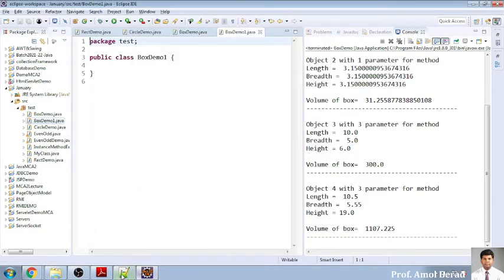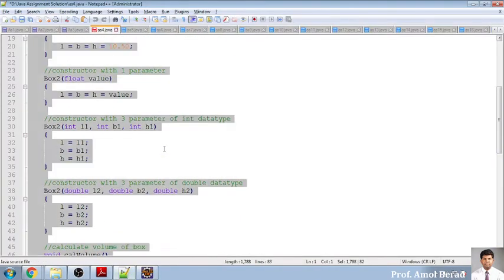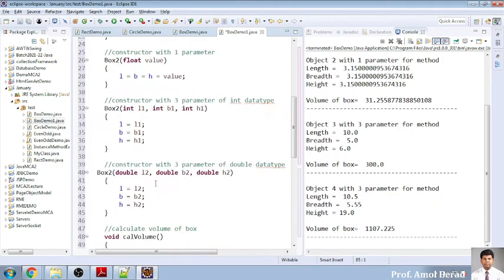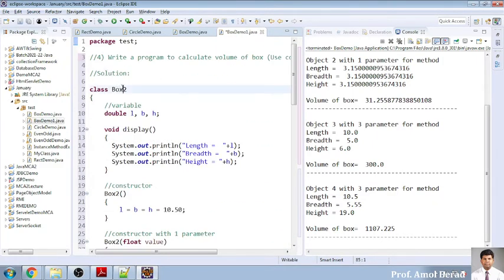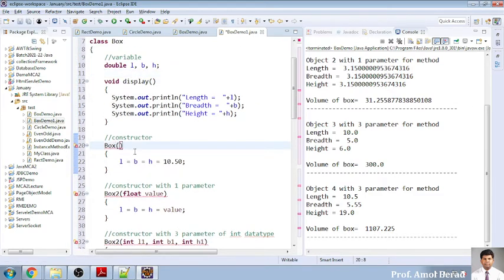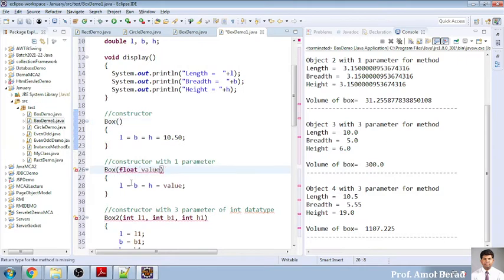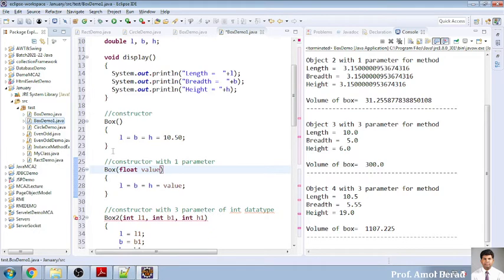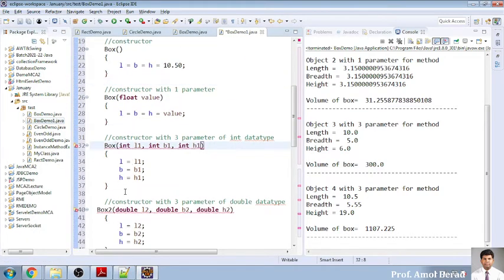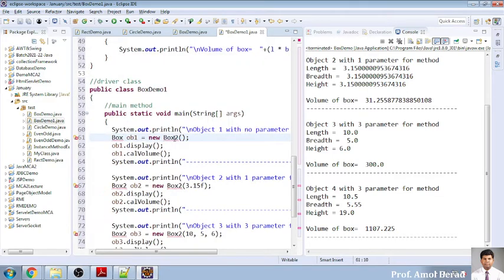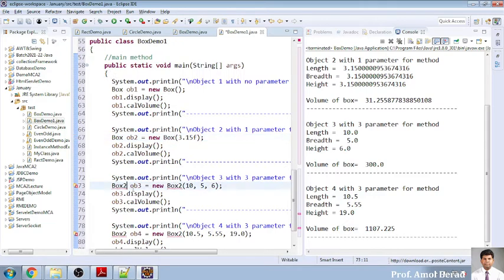Now I am copying the code and pasting it over here. Now see, if I write box, this will create an error. Why? Because in this we already have a box. Let us see how it runs, because same classes are already available, so it will not accept this one. Let us try, what is the harm in trying. Same name cannot be accepted. This will not run.